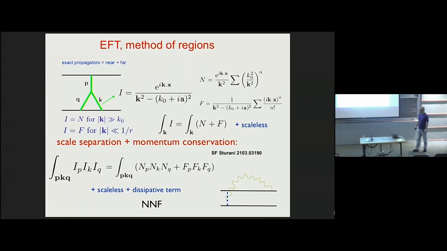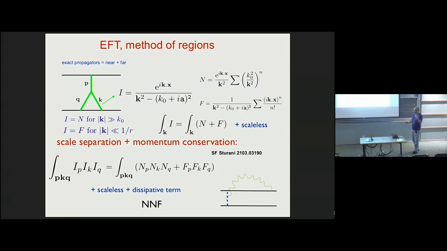The essence of the EFT, or in general of a post-Newtonian expansion, is the method of regions. That is, every time you have a solution of the equation of motion for the gravitational field, that is, in field theory language, a propagator, a Minkowskian propagator, well, our amplitude colleagues aim to solve these integrals using the full propagator. And they can do up to 4 PM, which is remarkable, but in PN, which is the phenomenologically relevant thing, it's just sufficient to cover 3 PM, which is clearly not enough even for LIGO.